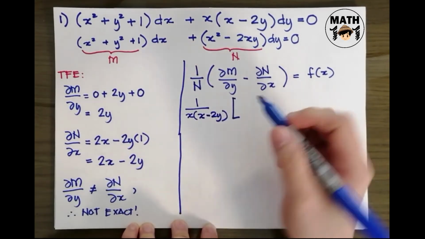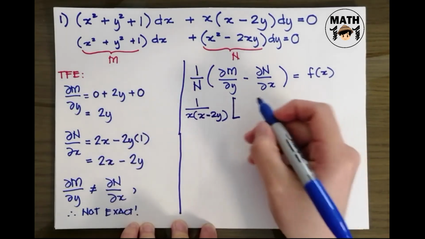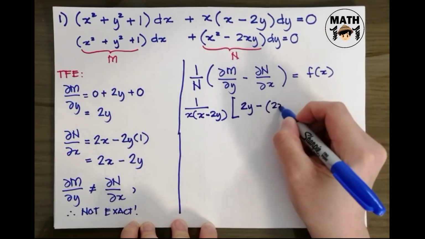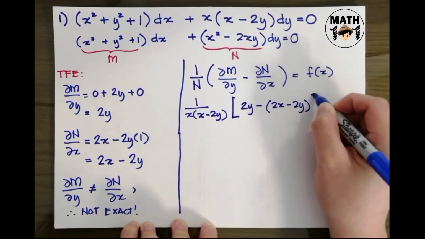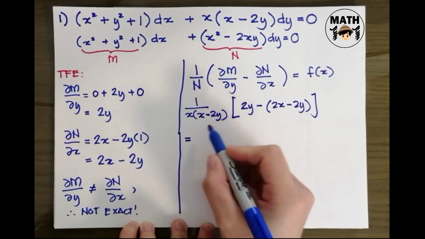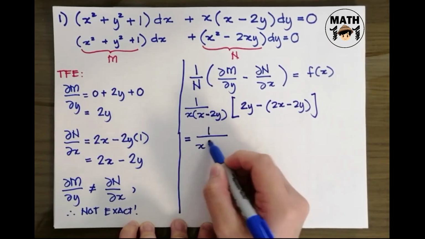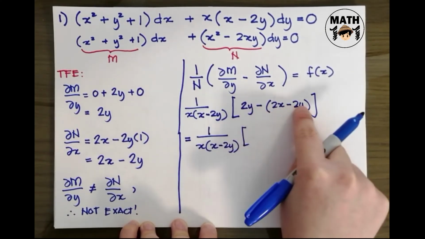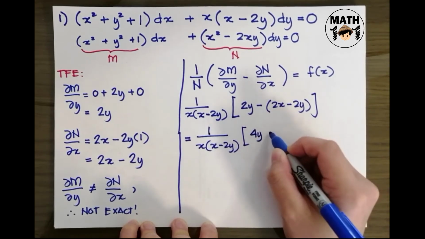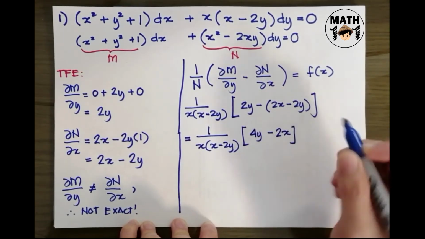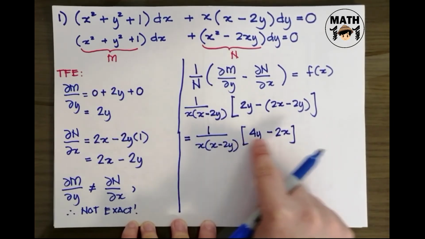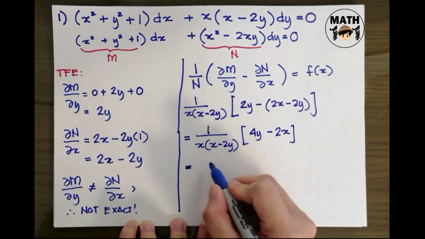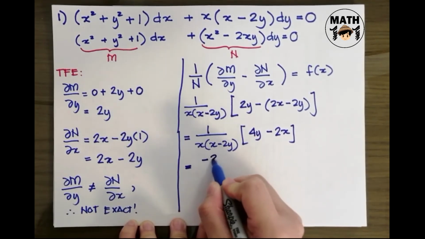Multiplied by the difference of partial of m with respect to y, 2y, minus this, 2x minus 2y. This is equal to 2y minus negative 2y is 4y minus 2x. Maybe divide natin ito? As you can see, we can factor out negative 2 para makapagpalabas tayo ng x minus 2y. So, factor out ko na dito yung negative 2 and we'll get